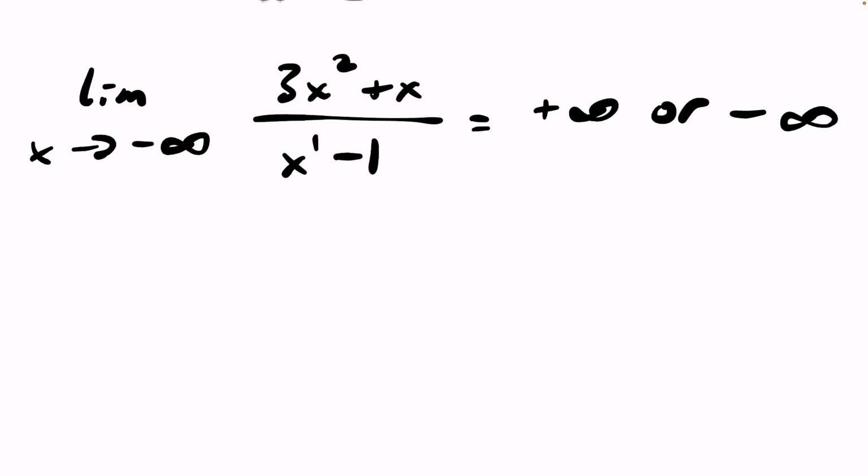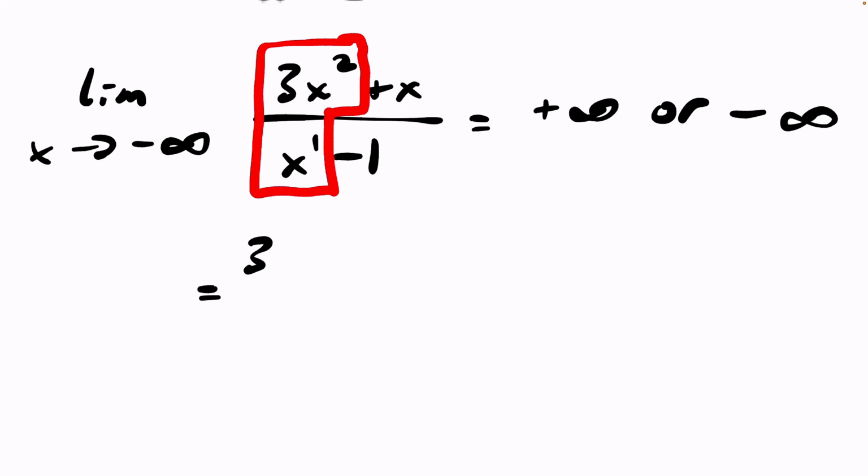Okay, so now it's negative infinity. So what type of numbers would you tell me for negative infinity? Negative a bajillion, right? The biggest number you can think of. An extremely big negative number. Okay, think that in your head. Negative big, negative big. Okay, so if I was to plug in a negative big for x, I'm only worried about the big dogs. I'm not worried about the little ones. So I'm going to focus in just on here, because they're the ones that told me it was top heavy. So if I was to plug in a very, very big negative here and here,